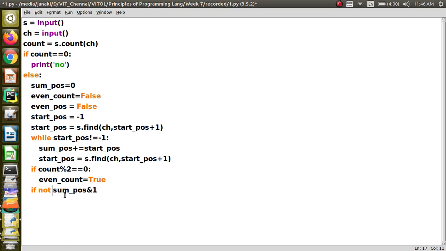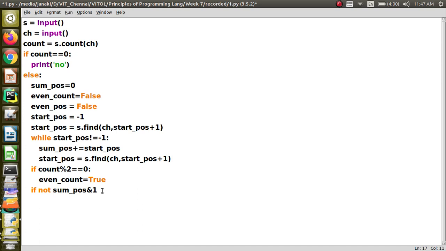But there is an alternative way to do this. This also you have to understand, that is some position bitwise and 1. See, when some position is odd, for odd numbers only the rightmost bit will be 1, and for the value of 1 all bits are 0 except the rightmost bit. So, when I am going to perform a AND operation, how does AND operation work? It will do bit by bit operation, and if 0 and 1 is made, then 0 only, right. Only the last bit can be either 0 or 1 based upon whether it is an odd number or an even number. If it is an odd number, then you will get 1.